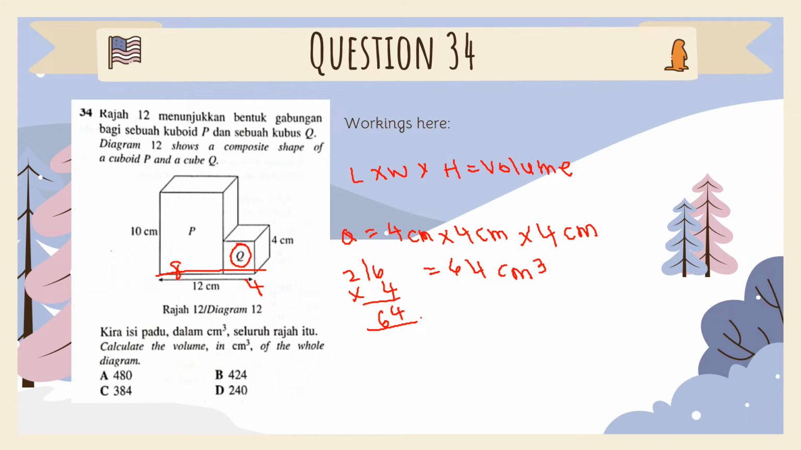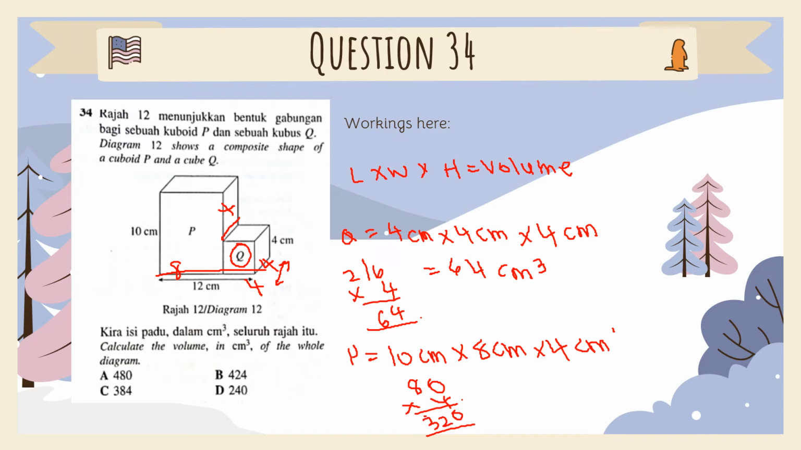Now for cuboid P. So this part here is 4. So the width is 4 here, which means the width of the cuboid and the cube is the same. So here also supposed to be 4. So 10 times 8 times 4. P is 10 centimeter times 8 centimeter times 4 centimeter. 80 times 4. 8 times 4 equals 32. So for P is